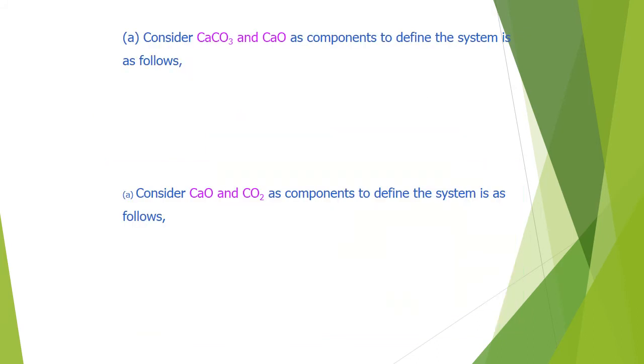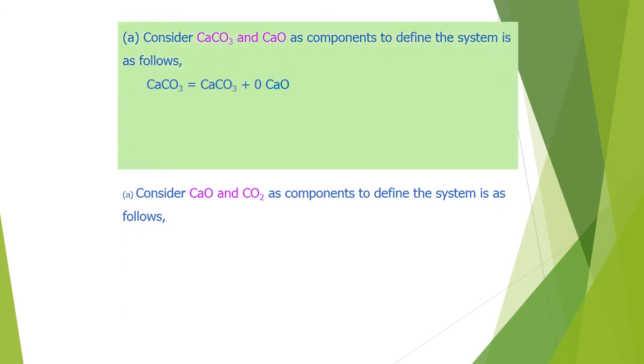Now let us consider calcium carbonate and calcium oxide as the components to define the system. Okay, so here you see again I can put 0 for CaO, and we get CaCO3. Similarly, 0 for CaCO3 and we get CaO. So again I am able to define it. For carbon dioxide it is CaCO3 minus CaO. So on subtracting these values I will get the carbon dioxide component. So again it is a 2 component system.